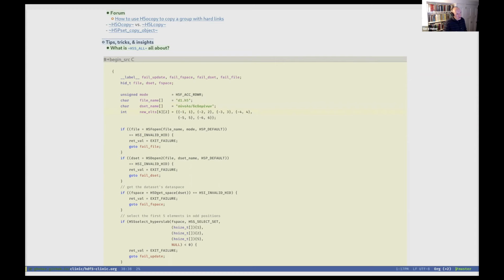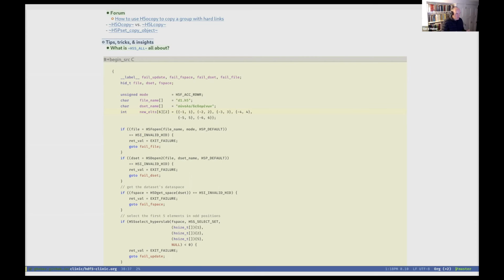I'm not showing you the code here to create the data set and so forth. So, assuming I have an HDF5 file with an existing one-dimensional data set with 10 elements, now I have, for some reason, a two-dimensional 6x2 array that has 6 rows and 2 columns and looks like this. I have -1, 1 for the first row, -2, 2 for the second row, -3, 3, and so forth.